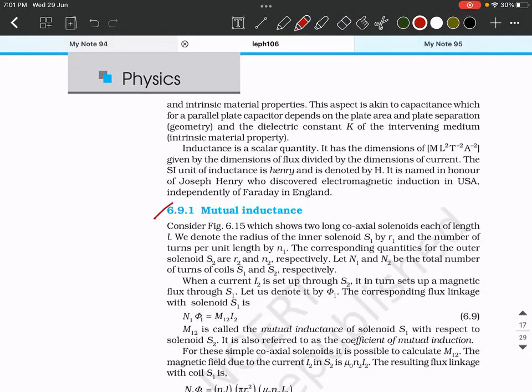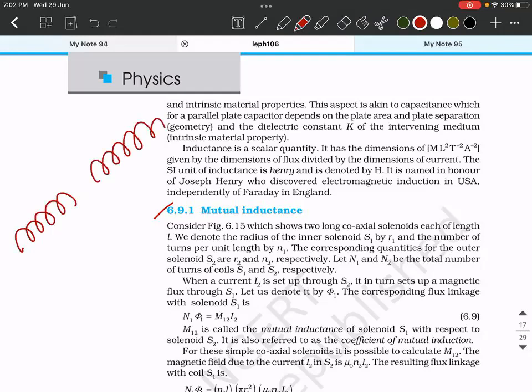This term you would have learned last in your 10th grade, mutual inductance in particular. So mutual means what? There are 2 neighboring coils. If one is able to create an impact on the other, we call it a mutual parameter. So here what is happening? In the previous case, the change in current in the coil induced EMF in itself. Whereas here, if I have two coils like this,